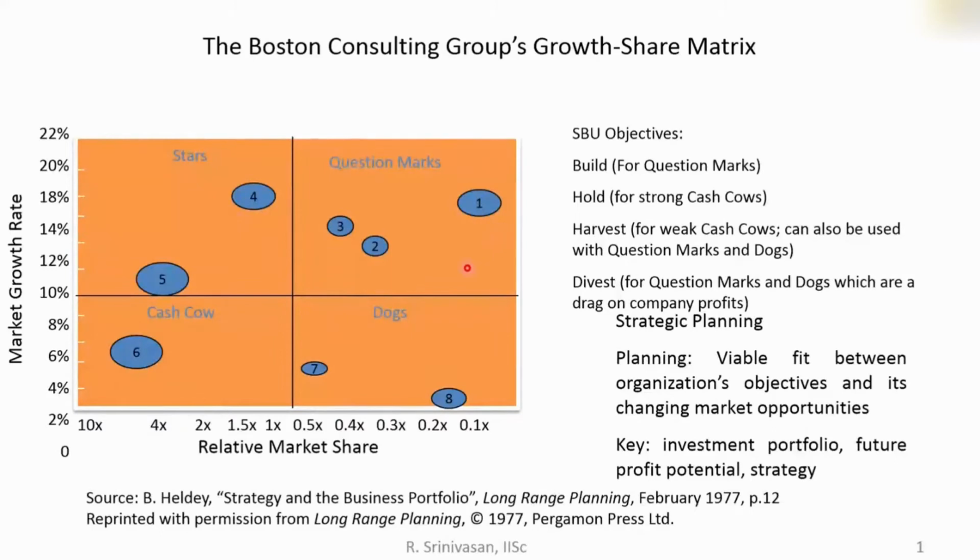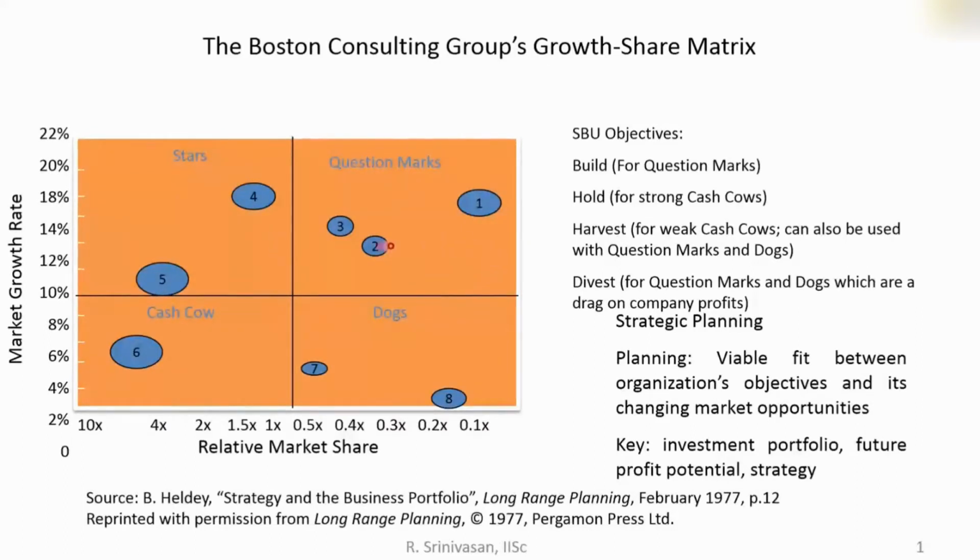Suppose a product is introduced and from the question marks itself it vanishes. Then you won't find that SBU at all in this BCG matrix. Before it vanishes, it may go to dogs and then vanish. So in this diagram, you have 3 SBUs in the question marks, and for these 3 SBUs, the objective of the company should be to move them to stars.